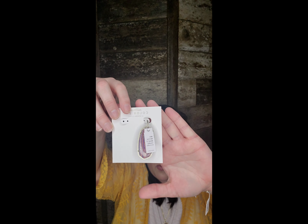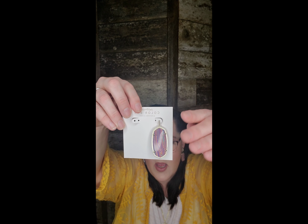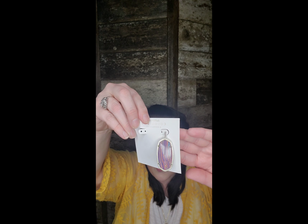So I really feel like if you can get to a store and customize it yourself at the color bar, please try the gunmetal. I think you'd be really happy to see it. I've seen pictures of it floating around on Poshmark and in some Facebook groups, and that is a great color combination. I do have some gunmetal frames that I might switch this one out, but it is, pardon the tag there, but this is really cute,